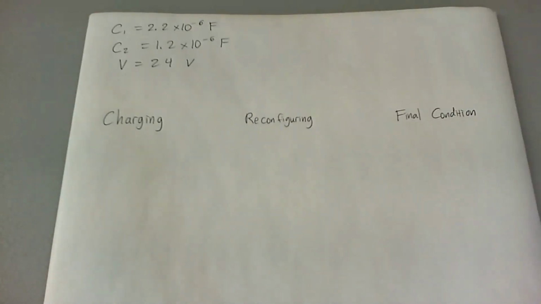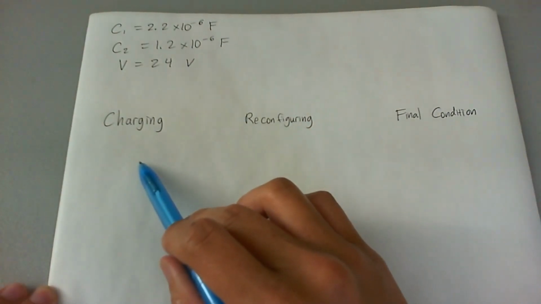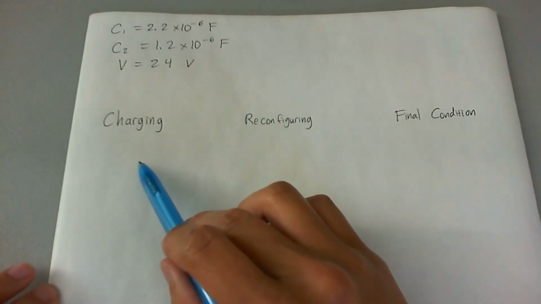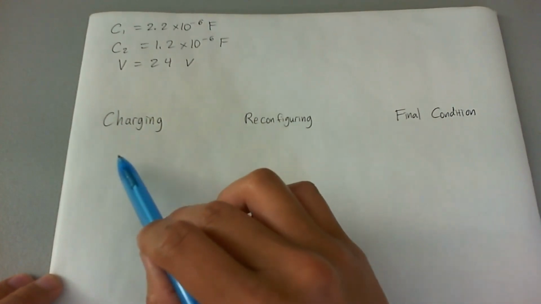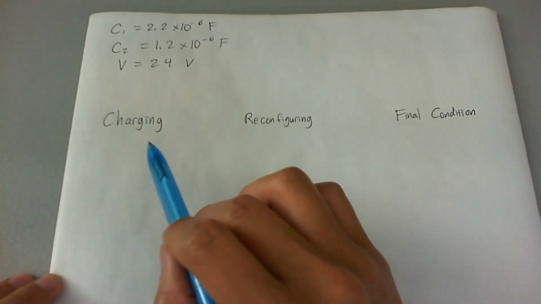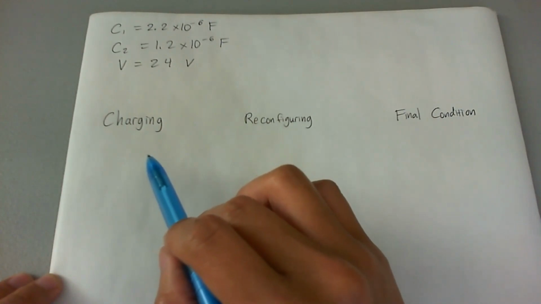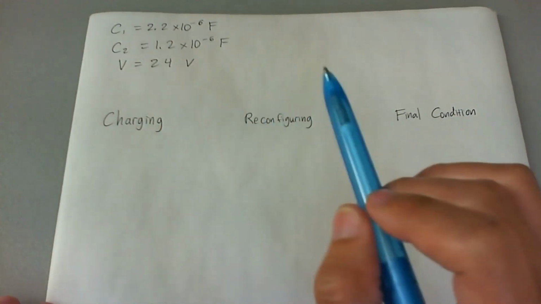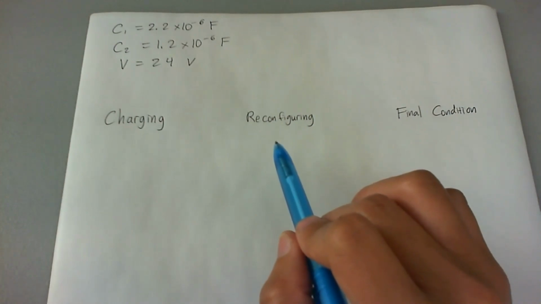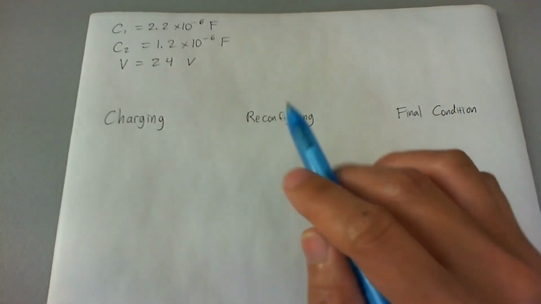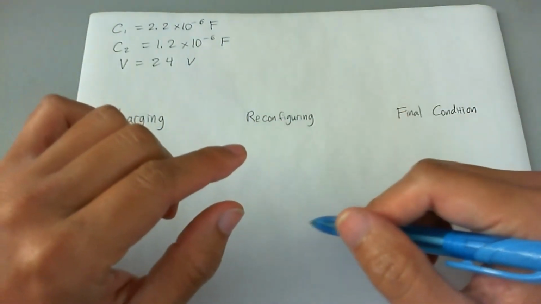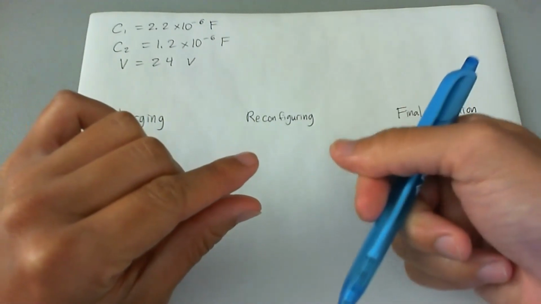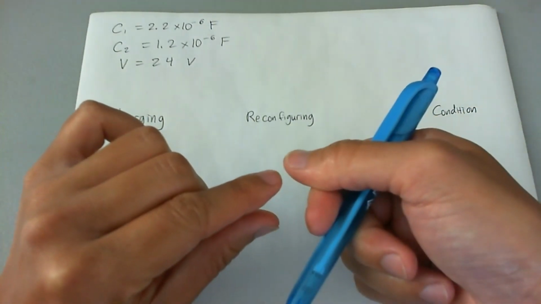I'm going to break this problem up into three parts. There's the charging process. That's when both capacitor C1 and C2 are hooked up to a 24-volt battery in parallel. So that means both capacitor C1 and capacitor C2 are going to be charged up to 24 volts. There is a reconfiguring part, which means that one of the capacitors, that's C2, is flipped around. So they're both unhooked from the 24-volt battery, and one of the capacitors is flipped around and connected to capacitor